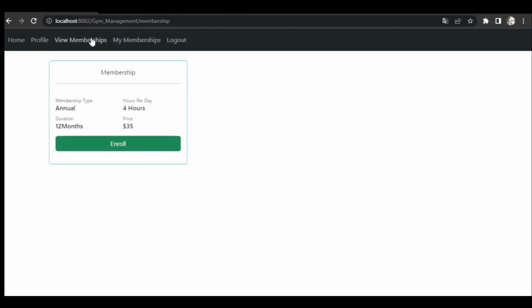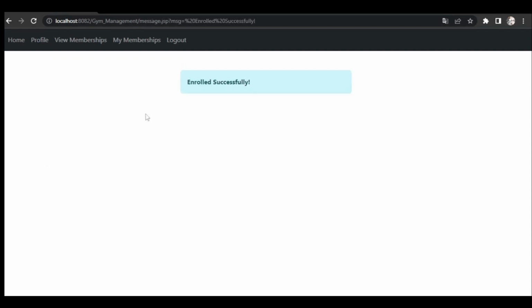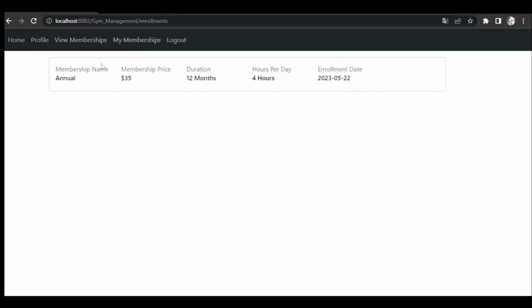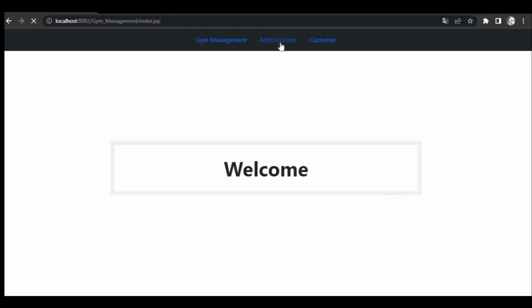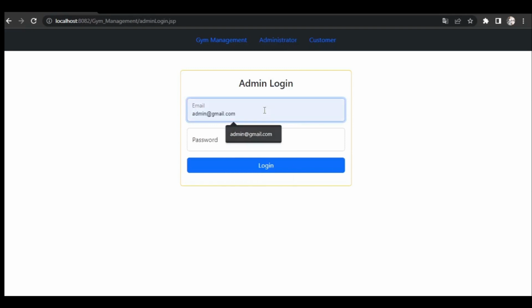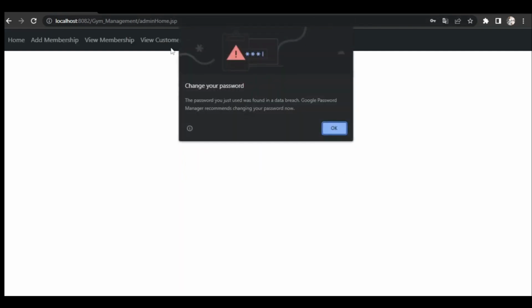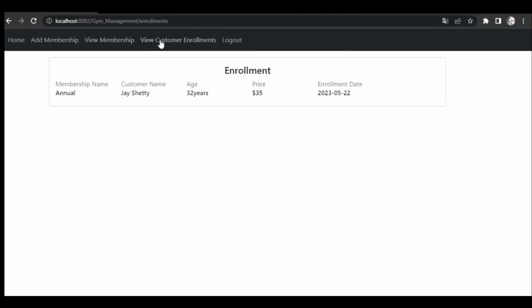Now when they click on view memberships, this is the annual membership. Per day it will be 4 hours, it will be 12 months duration, and the price per hour. So enrolled successfully, we can see their enrolled memberships here. Now let's see, admin is able to see that. Admin logs in with admin@gmail.com, and when I click on view customer enrollment, admin is able to see which membership they have enrolled, customer name, their age